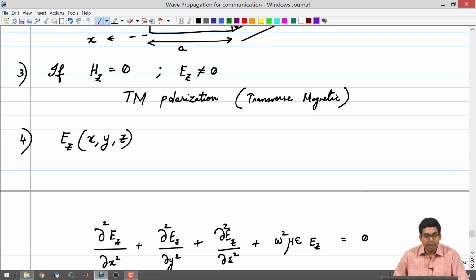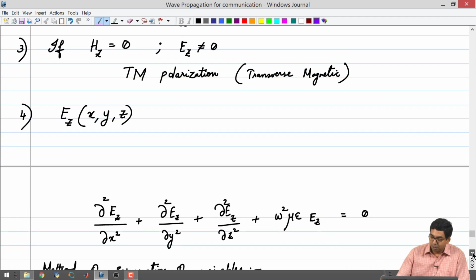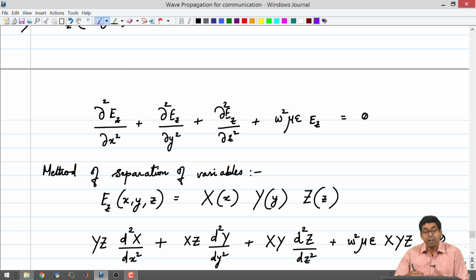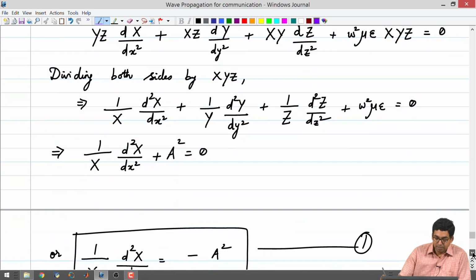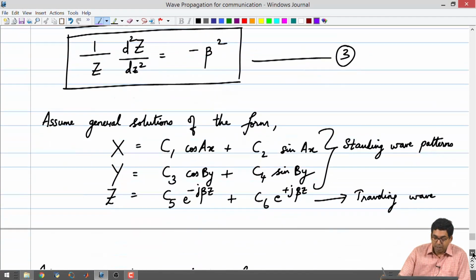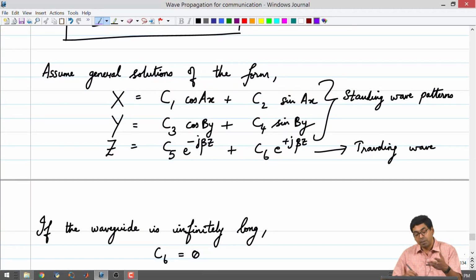Consequently, you would rewrite the wave equation for Hz in that case, and try to see what the field patterns would look like using the appropriate boundary conditions and also using proper general solutions that will satisfy these boundary conditions. One of the things we already know from prior knowledge is that we have to choose the form of the solutions which will satisfy the boundary conditions. That is what we have to see.